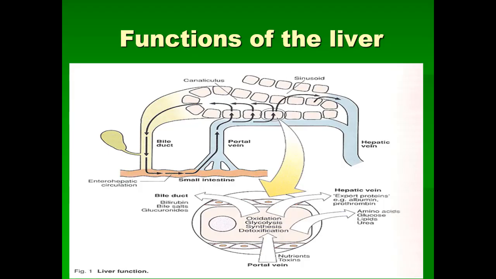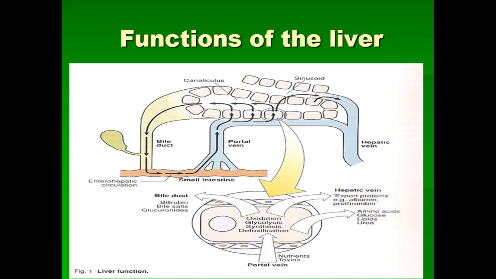Now, the liver is uniquely positioned as the body's primary detoxification center for ingested substances. In this image, we see that blood travels from the digestive tract via the portal vein directly to the liver, where it percolates through the sinusoids with their porous endothelial lining. The hepatocytes are able to take up and process not only a range of nutrients but also many natural and